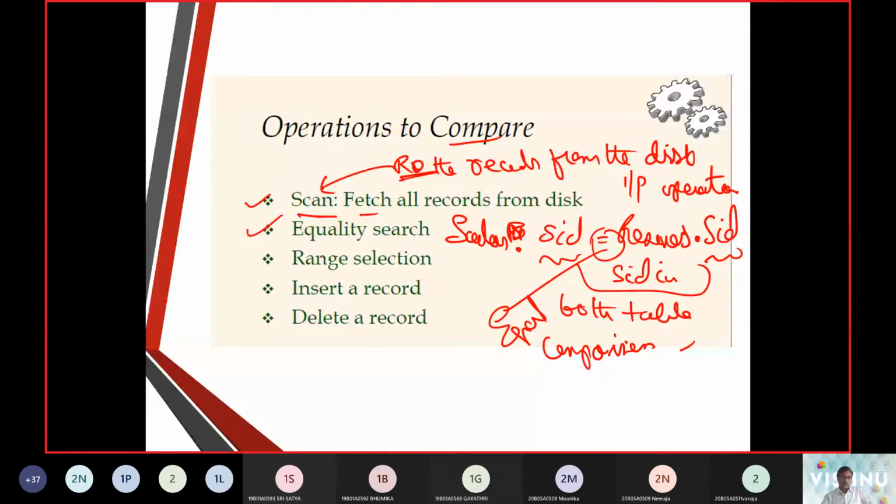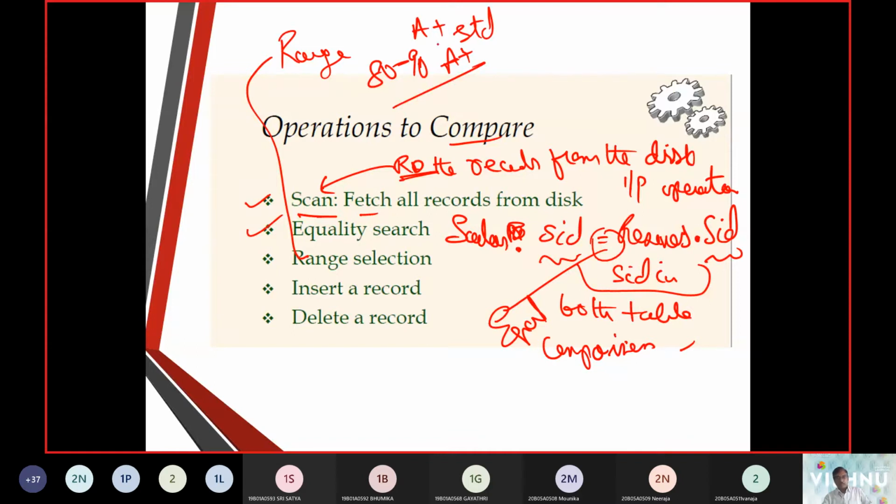The third is a range. Assume I am going to get an A plus grade. What is an A plus grade? Students getting marks between 80 and 90 in a subject.